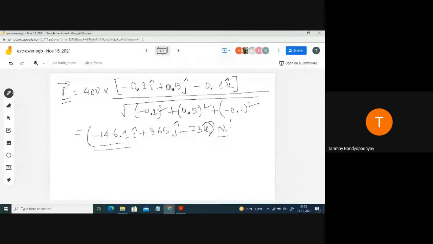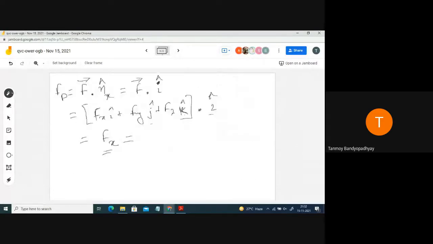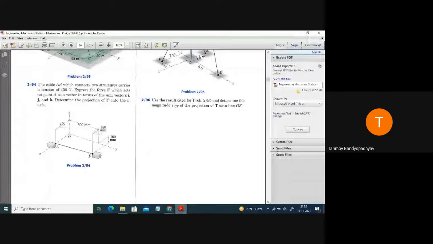So this is just an easier problem, just so you get a feel. Whenever you need to find out the unit vector, it can be a 3D problem where it won't be this much easier. In that case, you have to find the dot product of the force vector with a unit vector in the direction where you need to find the projection. Just remember this one. The 3D problems will be easier. We did just an easier problem, so let's move to the next problem.